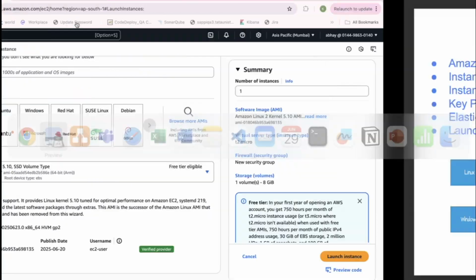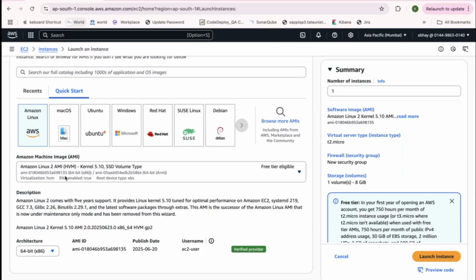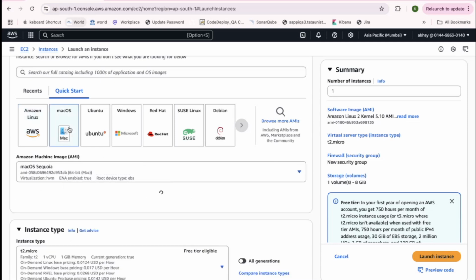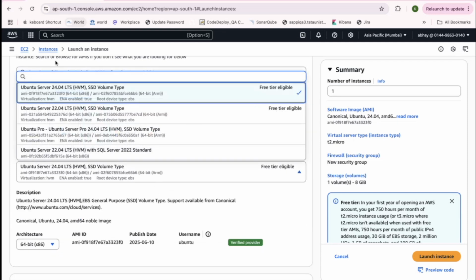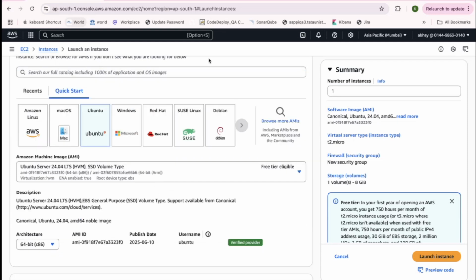So the point is that you cannot have multiple AMIs, whereas whatever you want to do, you can decide in one AMI. For example, if you select Mac OS, Ubuntu, or any AMI, I get only one AMI as an option. You cannot have multiple AMIs because in a server you can have only one operating system. Your primary one is Windows only. So you can have one OS, and on top of that OS you can have n number of things. But again, the best way is to segregate everything, not put everything on one thing.